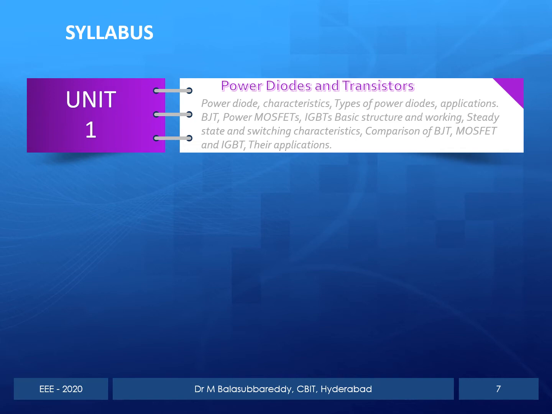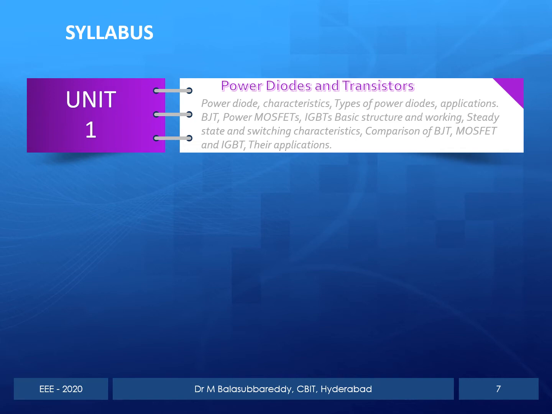And other devices: power BJT, power MOSFET, and IGBTs. In these devices, we need to understand the basic structure and working principle, steady state and switching characteristics, comparison of BJT, MOSFET and IGBT,